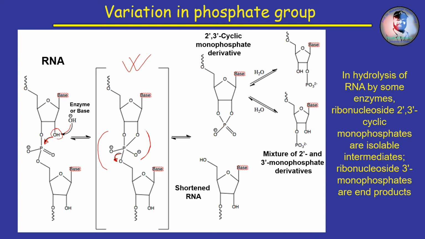This produces a 2',3' cyclic phosphate that can then yield either a 2' or a 3' nucleotide when hydrolyzed. The hydrolysis or cleavage of RNA can occur spontaneously without the presence of a catalyst or enzyme, which is known as autohydrolysis, or a self-cleavage reaction, when RNA is in a basic solution as single-stranded.